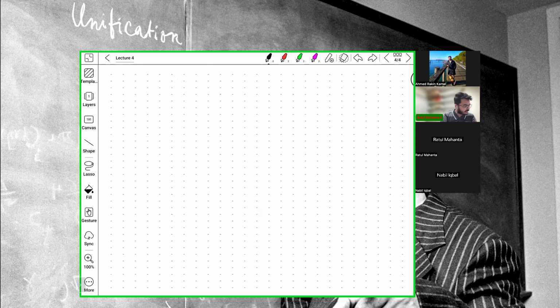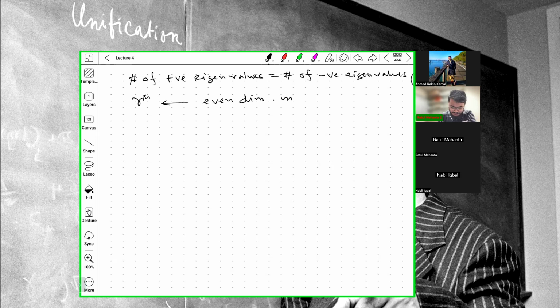So the number of positive eigenvalues must equal the number of negative eigenvalues. Okay, so gamma mu are even dimensional matrices. In 4 spacetime dimensions,